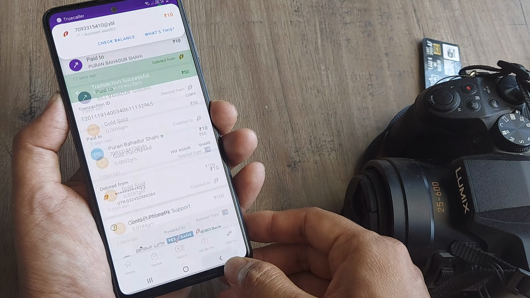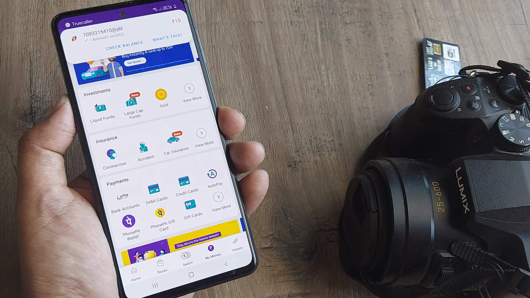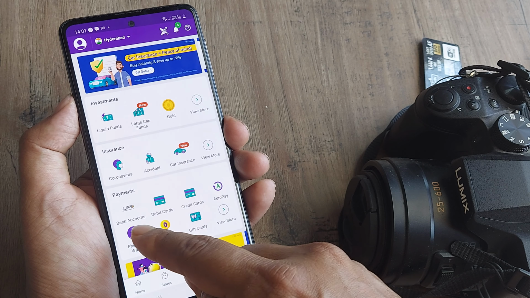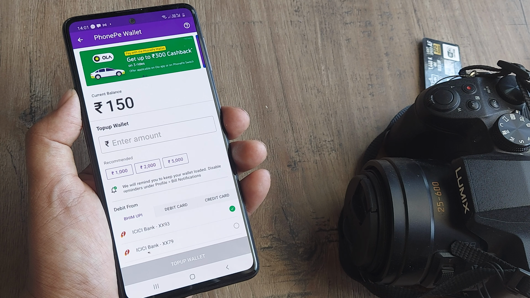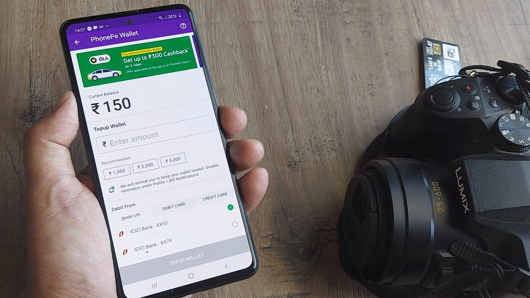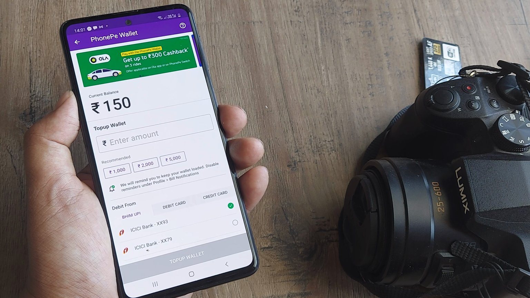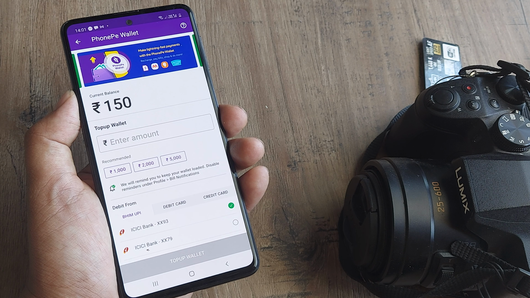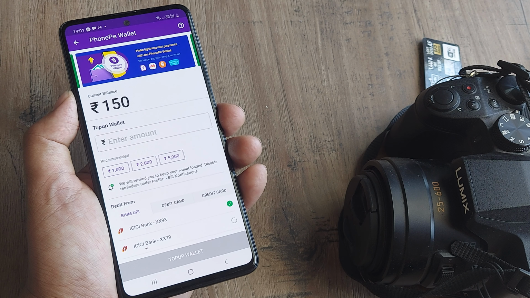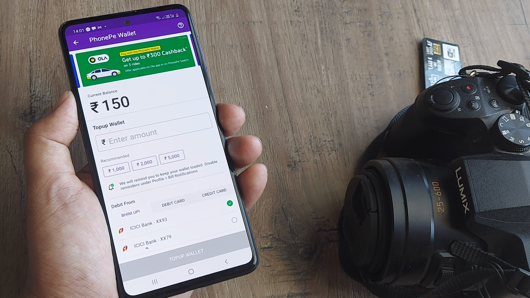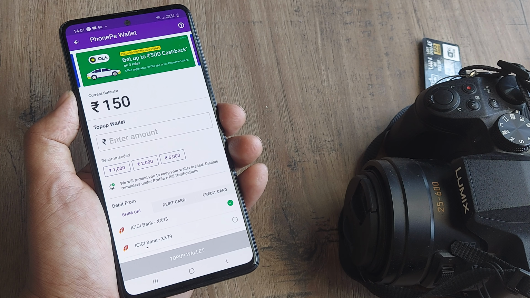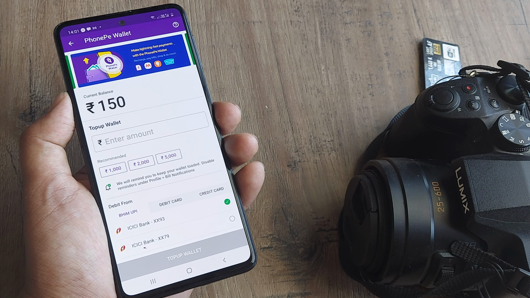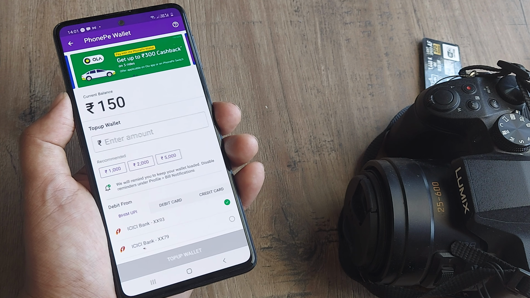One very common thing that people often struggle with is that they have some wallet money, and this is basically the PhonePe wallet. The wallet here in PhonePe, you cannot use it for sending money to people. Neither can you use it for transferring to bank accounts. Or you cannot scan a QR code and make payments, unless the recipient or the seller has some special privileges, but that doesn't happen. So most of the time you can't use it. People often realize this and then they want to transfer it to the bank account. This is something which everybody struggles with.